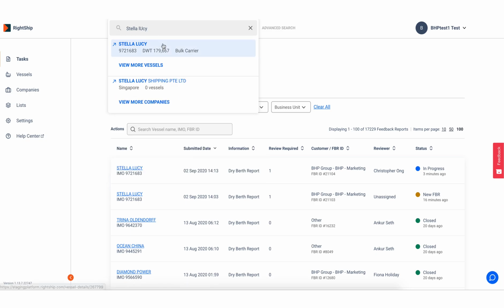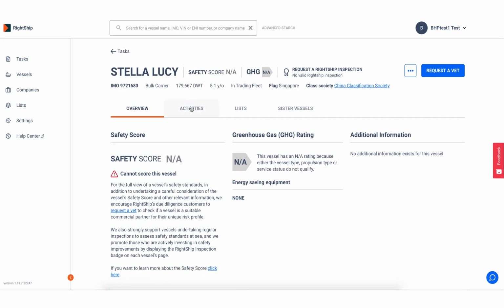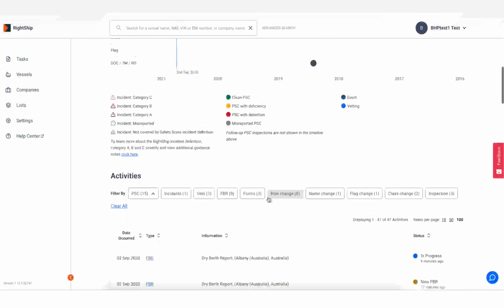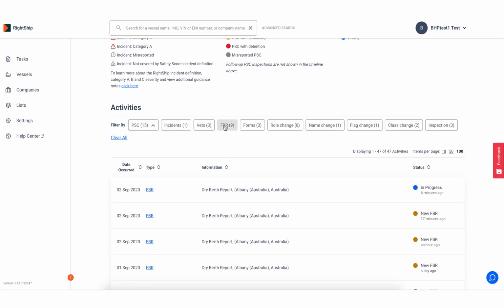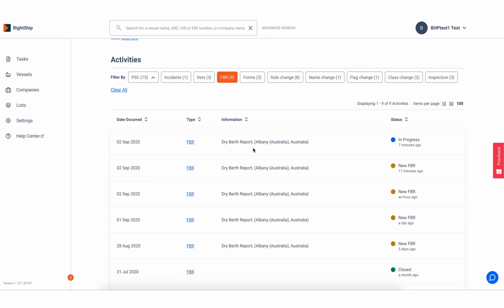Alternatively, you can search for a vessel, navigate to the Activities tab, and see all the feedback reports that were submitted for this particular vessel. If you scroll further down the page, you will see the activities in a list view. And if you filter by feedback reports, you will see a list of all the reports that were submitted against